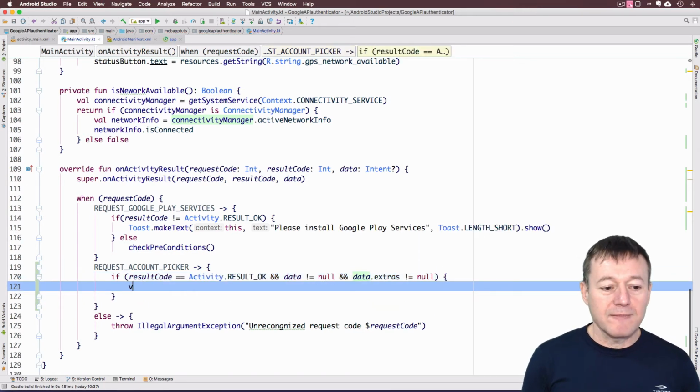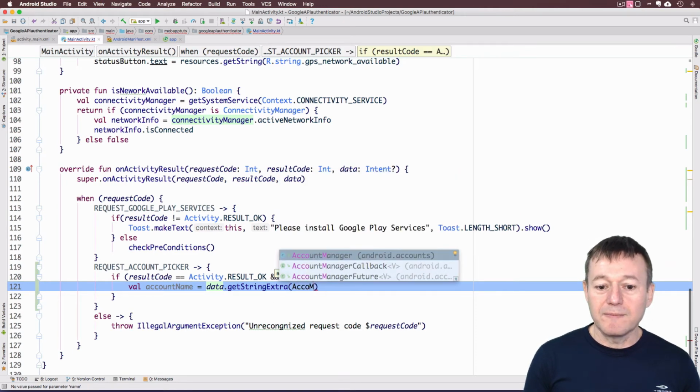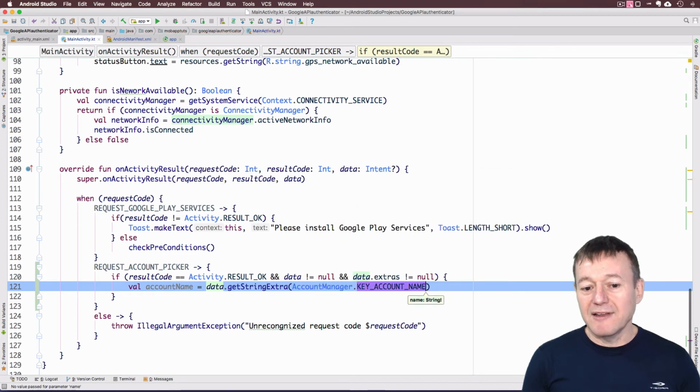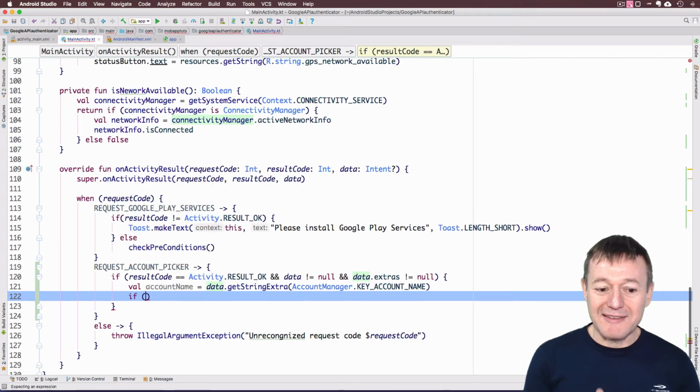We can get the account name if we create a value for that account name. And we do a call on our data and get a string extra, and here we can call our account manager key account name. So this should be the name of your key account on your device. So hopefully you should have a value here. If not, there's probably a lot of work to be done if you don't have an account name for your Android device. Anyway, so we'll do a check on that anyway. So if account name is not equal to null,